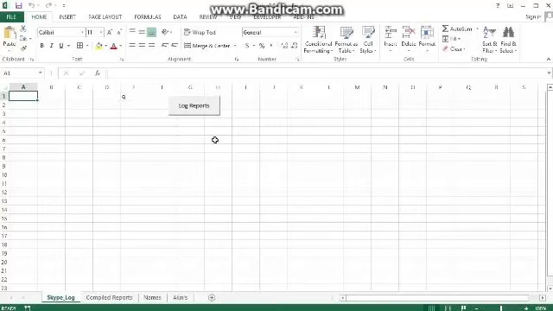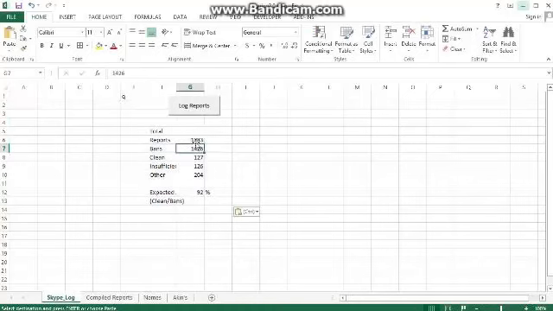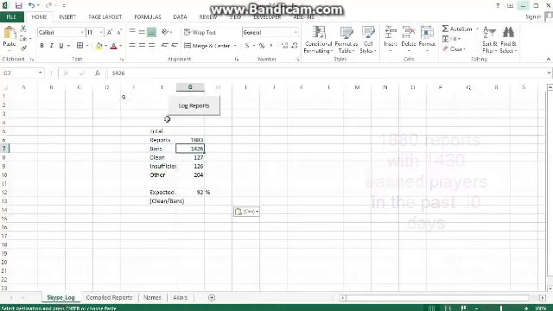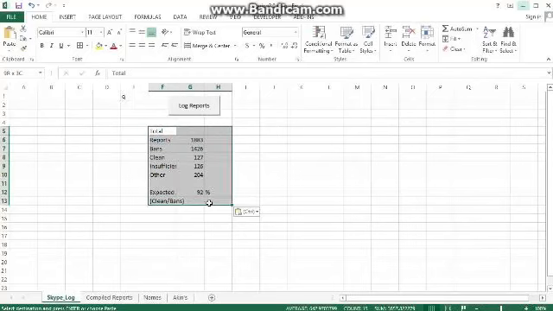This is to log all of that because, for example, the MCPVP hacker report channel has these stats: 1,883 reports with 1,426 bans. And that's across the past 20 days, 30 days. That's a lot of stuff to record by hand, and so this macro is basically going to do all that. All 1,883 reports are being logged, and they are across 5 different chats, of which I'm basically just going to give you a quick rundown on how it works, just because I think it's pretty cool, and I think you